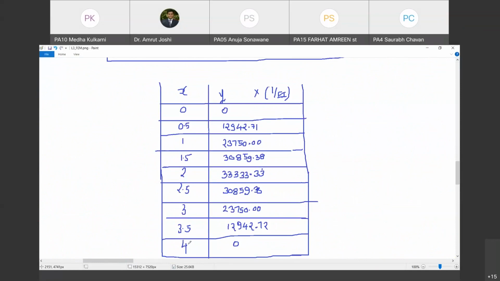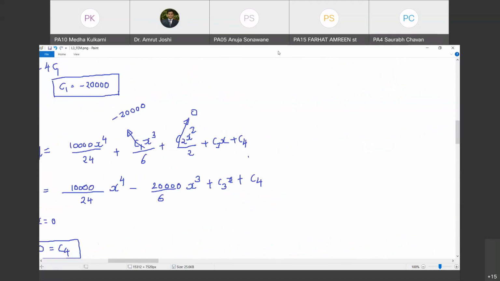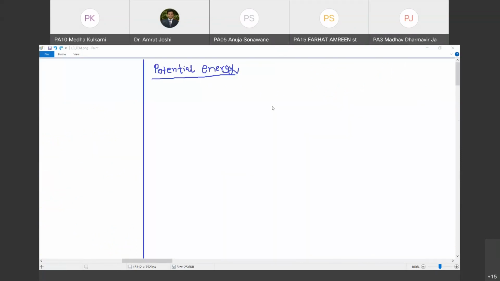So with this background, we are going to go into the variational principle, and for that we first define something called potential energy. Let us start our discussion with your understanding of potential energy. Can you tell me what is potential energy? Yes, Madhav. All can type their response in the chat box. I will read out those responses and check your understanding of potential energy.